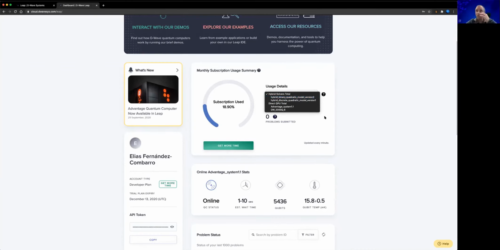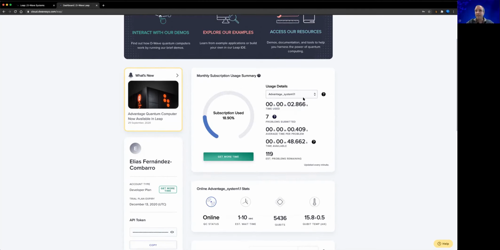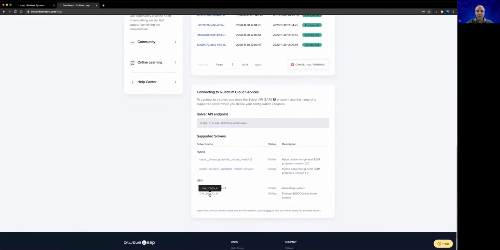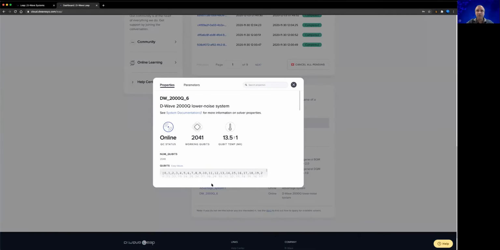I'm not going to focus on them, because I think the interesting part is to focus on these two quantum annealers that we can use directly. Okay. Initially, when the platform was launched, we only had access to these DW2000Q systems, which implement, as you can see here, if you click on the information, more than 2,000